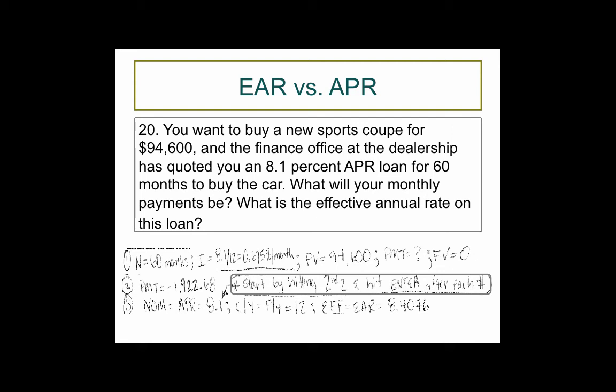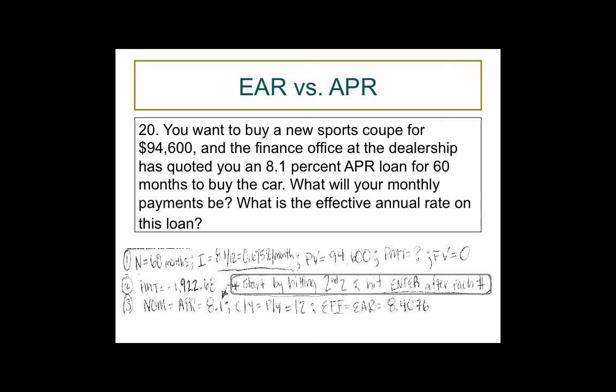And then how would we go about figuring out what the EAR is on that loan? Well, you could hit your second button, which gets into interest conversion. You can set nominal, or NOM, which is nothing more than the annual periodic rate, equal to 8.1. Hit the down arrow twice, go to compounding per year and make that equal to 12. Hit enter, and then go back up to your EAR and hit compute, or the EFF really, but that's effective